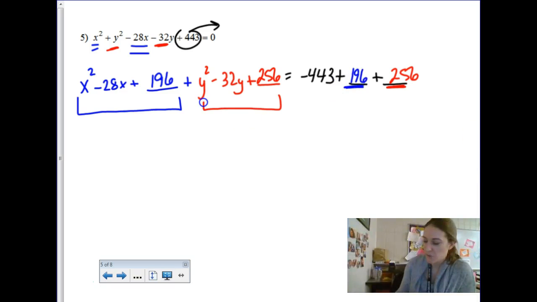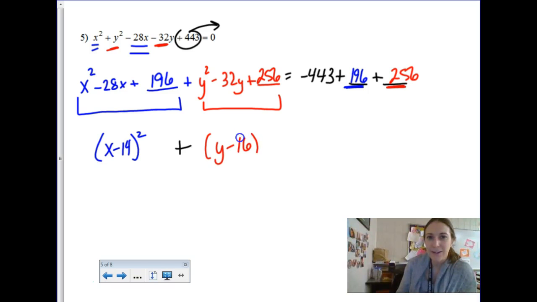Okay, now that we've completed the squares, these should factor real nice. This becomes x minus 14, quantity squared, plus, in the middle, and then for the y's, this becomes y minus 16 squared. And then if I had a calculator, I'd be really happy, but I don't, so I'm just going to have